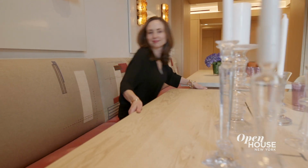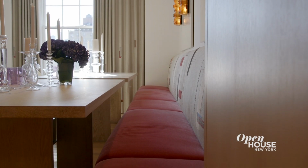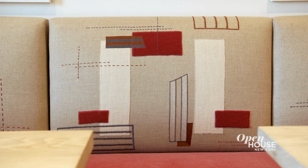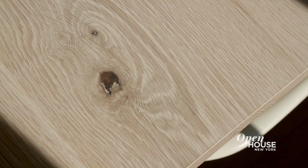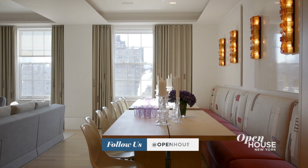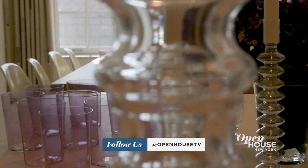Seldom is this family of 5 alone for dinner. So we designed an unusual 18-foot long banquette, upholstered with dark pink mohair and custom appliqué linen. The 2 pale oak and steel matching dining tables allow us to tailor the room so it always feels cozy